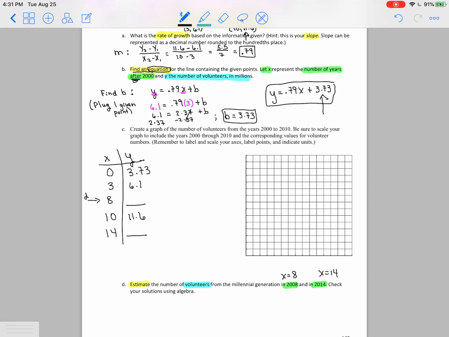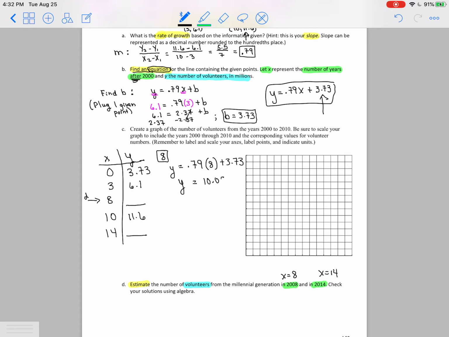So let's just do when it's 8. So y is equal to 0.79 times 8 plus 3.73. And if we do that math,